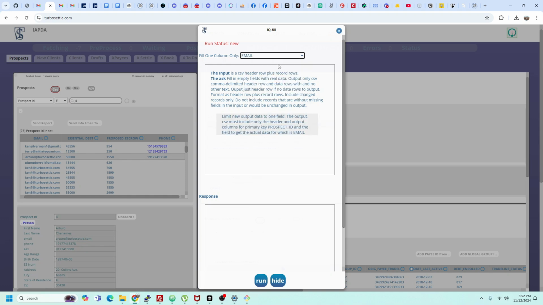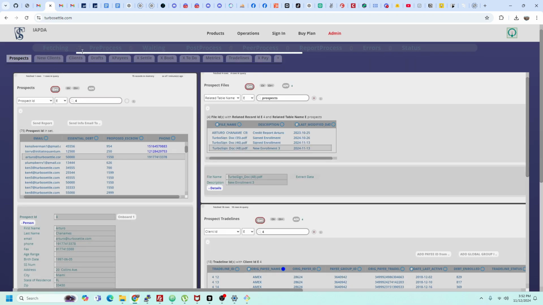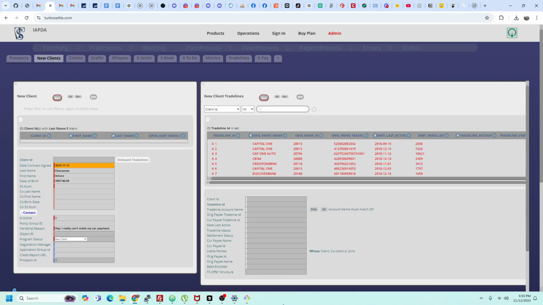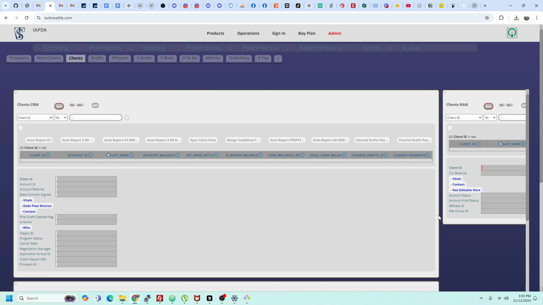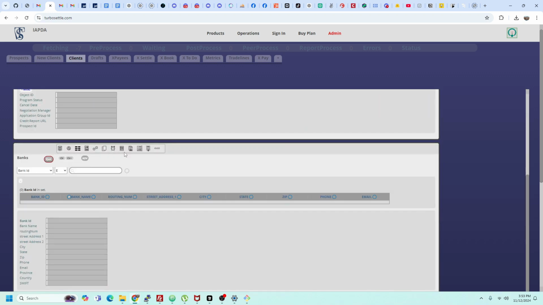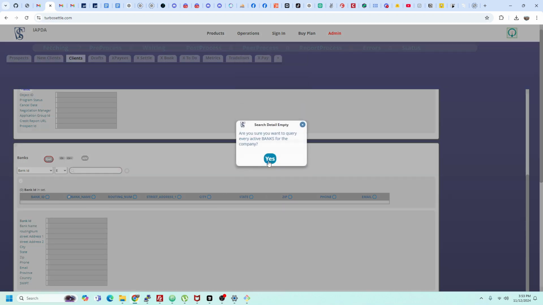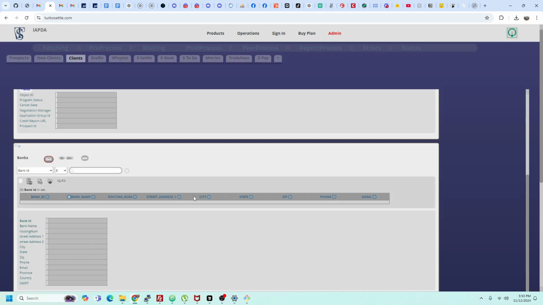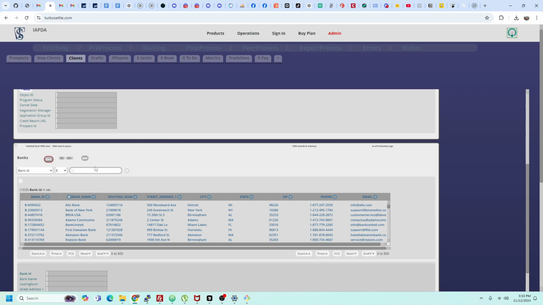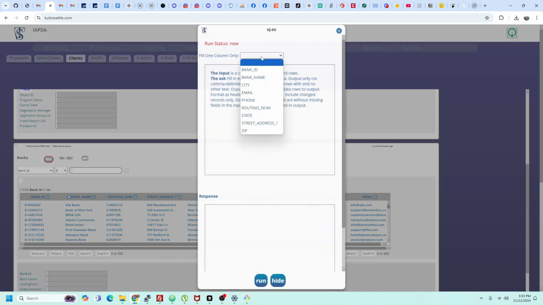Let's say there's some email addresses missing. Obviously, this isn't going to have personal email addresses of people, but if we went to the bank object, like in clients, or new clients, there's a bank object somewhere over here. Maybe that's in clients. We got these bank objects, so if you want to do an IQ fill on missing data there, we can get all the banks that we have, and we might be missing some data for them, and then we can just click the IQ fill, and anything that's missing,